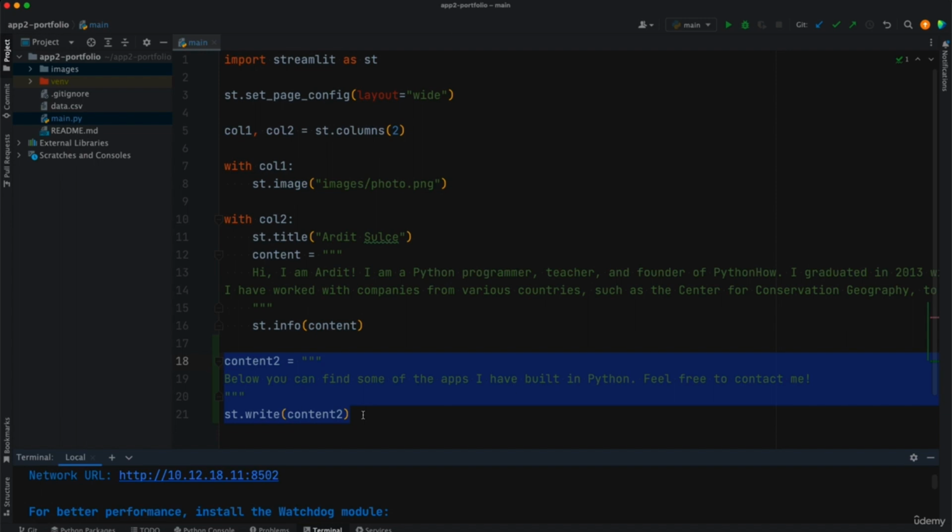Sometimes my solutions will be better, sometimes your solutions could be better than mine, and other times both solutions could be just fine. So there are different ways to do something. In this particular case, perhaps you just used st.write and you wrote the content directly here. But what I did, as you see here, I used a multi-line string